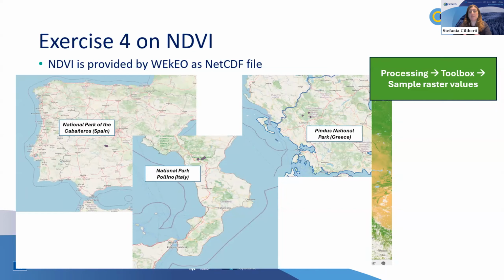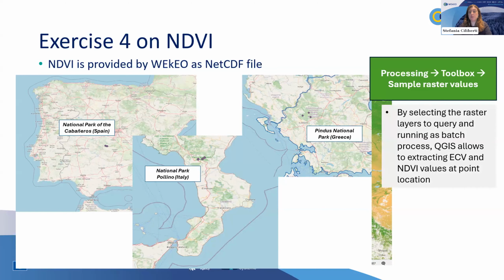In this way, for instance, choosing sample raster values, points where I'm interested to extract at once the information from the essential climate variable and the NDVI in these 3 regions, using the toolbox and particularly the sample raster values, I was able to run a batch process, so in one shot, all the files